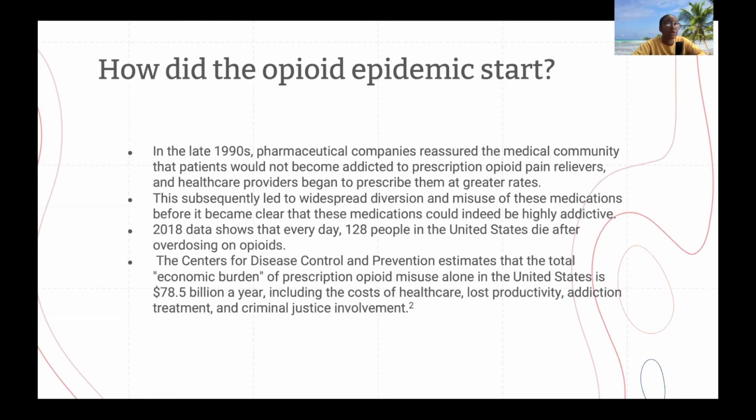That way it would supposedly be very hard to abuse the drug because it would just release over time. There's no way of just getting it all at once. But what we found was that people were able to easily remove this extended release cover and take all the drug and experience the euphoric effects that they're looking for, and sometimes that they were not exactly looking for.